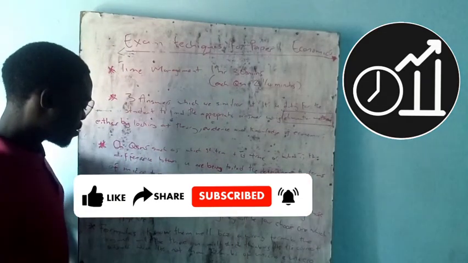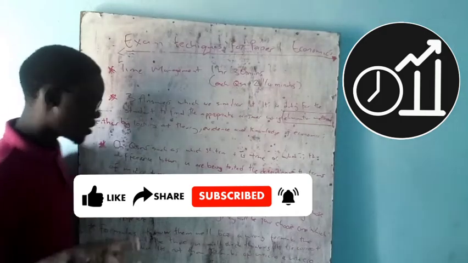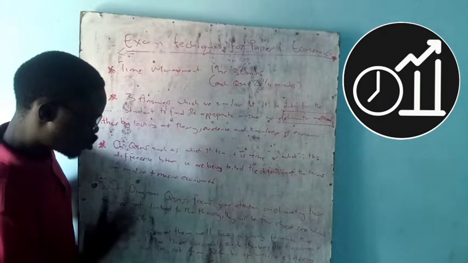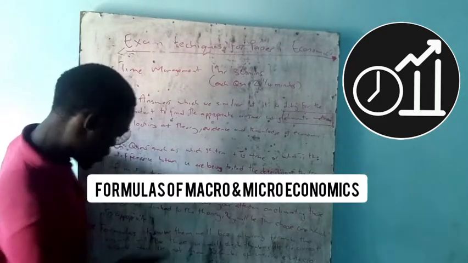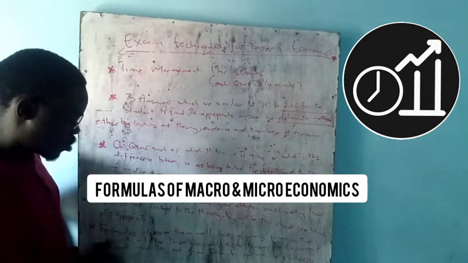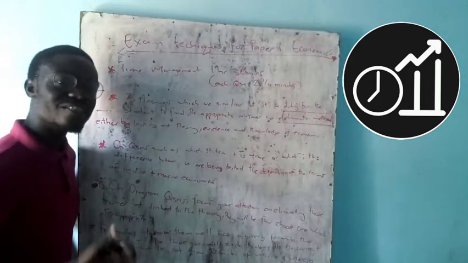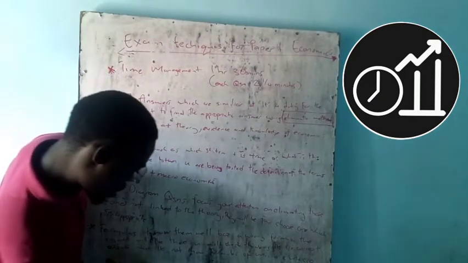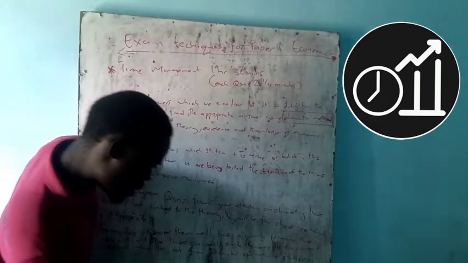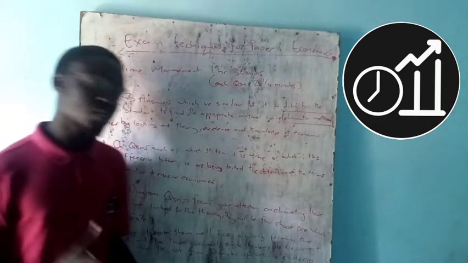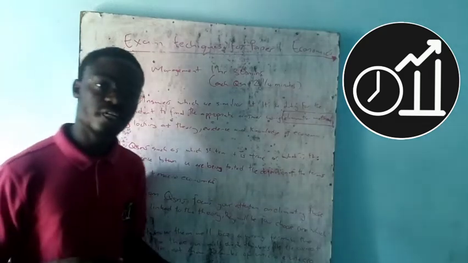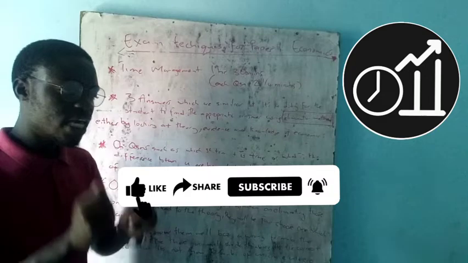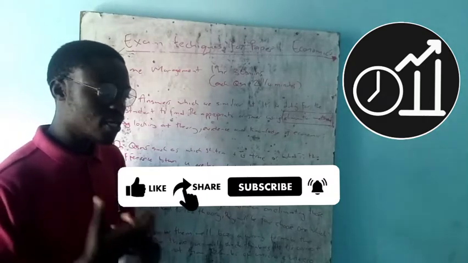Then also one thing that you need to know, the last examination technique that I have here, is formulas. You should know formulas well, because a wrong formula will still produce an answer that will be there, and you will shade the answer thinking it is correct, when it's not, because you did not know the formula. So the crucial thing is that macroeconomics and microeconomics are so detailed that you need to know the formulas for calculating various